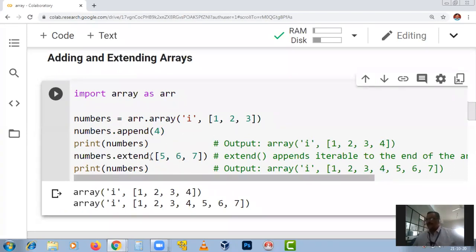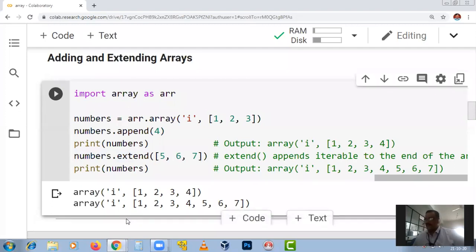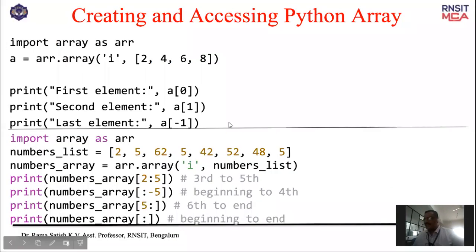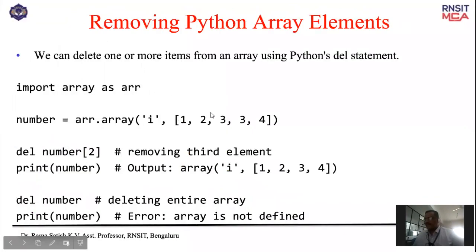And dot extend is another method. It will concatenate two lists, that is the existing list of numbers with a new set of numbers, into an array. It can be done. The same thing is explained in the PPT. So you can extend.